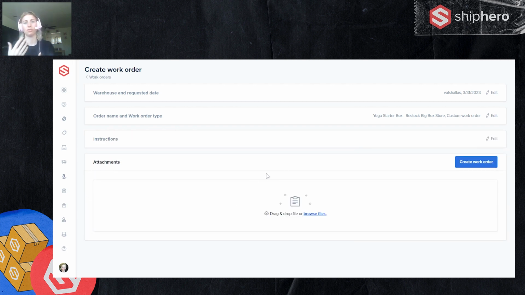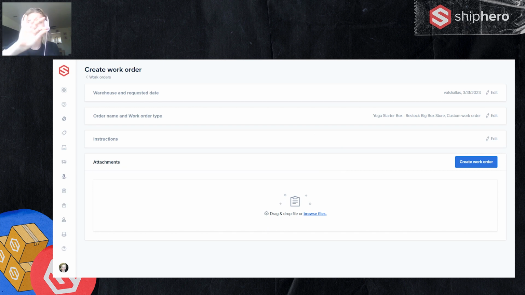You also can upload attachments. So if you have some sort of tasks that you would like them to do, we support a lot of different types. We support PDF, doc, PowerPoint, Excel. We also support MP4 as well. So you can upload a little video with instructions. If you want them to do some sort of task and you need to put the instructions there, you can pretty much submit this all in Shapiro. So that's the custom workflow.